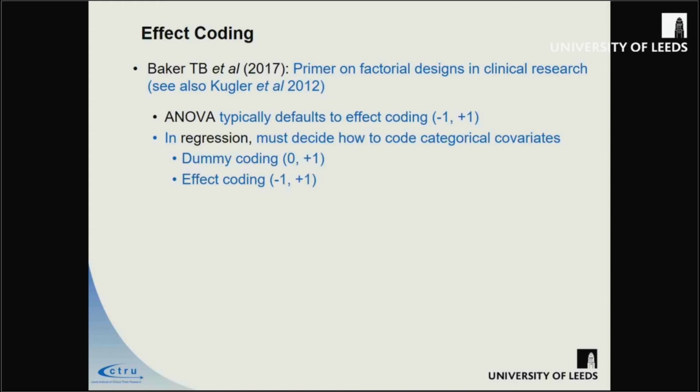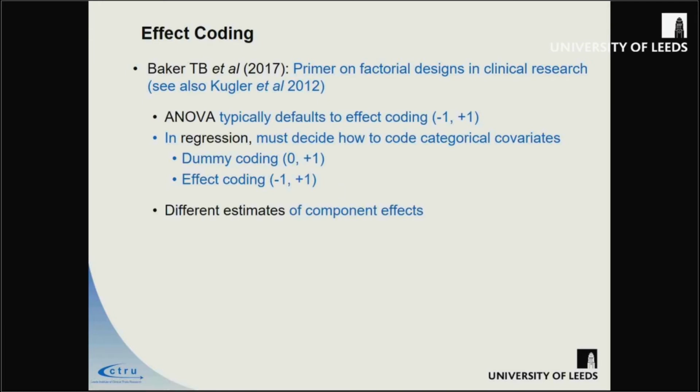In regression, you have to decide how you code your treatment effects. You either code them, as I naturally do because I'm a clinical trialist, as 0, 1 dummy variables, or you include them as -1, +1, and then use the effect coding version of them. And you have the choice to do either of those things. So I think that traditionally, within the clinical trials community, we use the dummy coding, whereas I think that we probably should be moving over to standardly using an effect coding, and I will explain why.